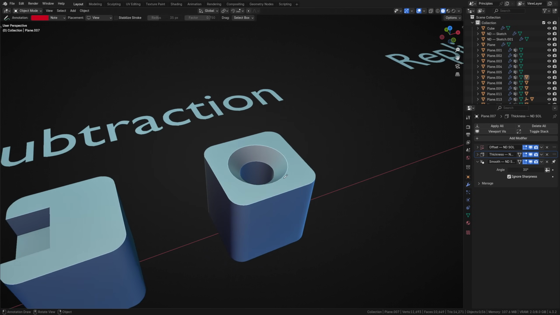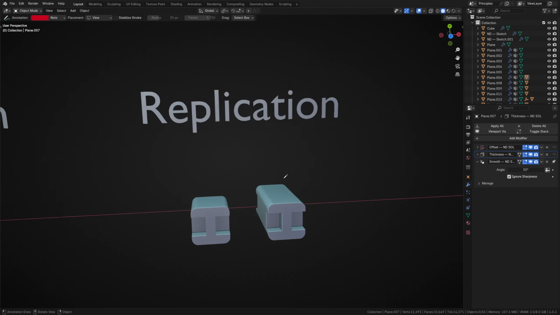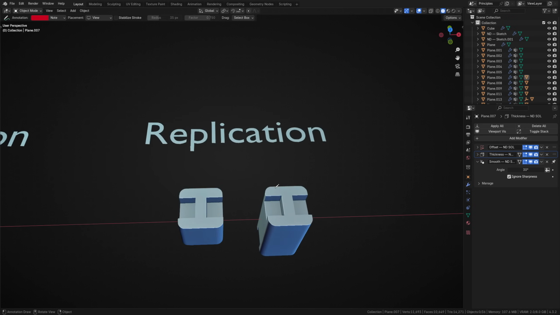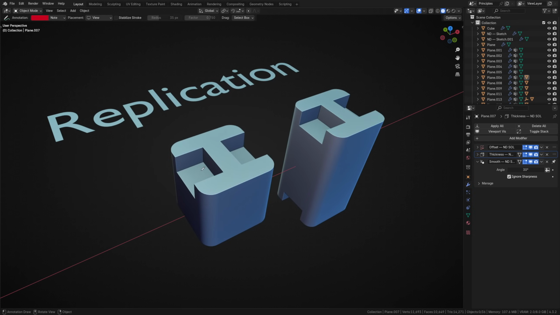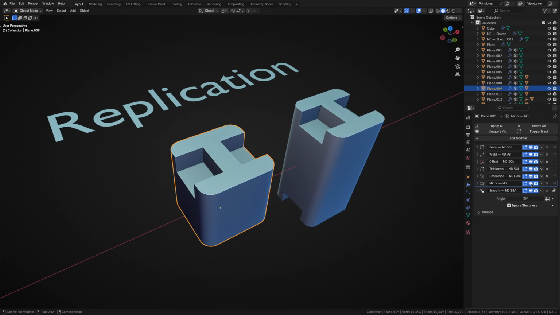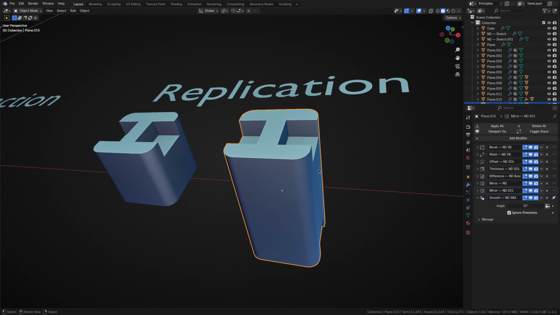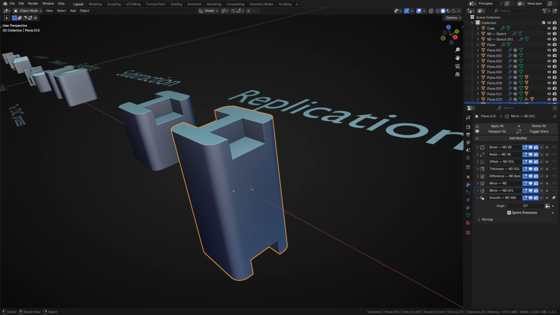Finally, let's look at the last principle in this video, replication. Replication comes in a few forms. The first is the replication of an object's specific detail or feature. Much like uncovering whether an object can be reduced dimensionally, if a plane can be drawn such that a detail is mirrored across it, it can easily be replicated. And for this, I've already given you the answer, mirroring. Mirroring can happen across multiple different planes. The second object has had a mirror operation applied across a plane at its base and across the YZ plane.